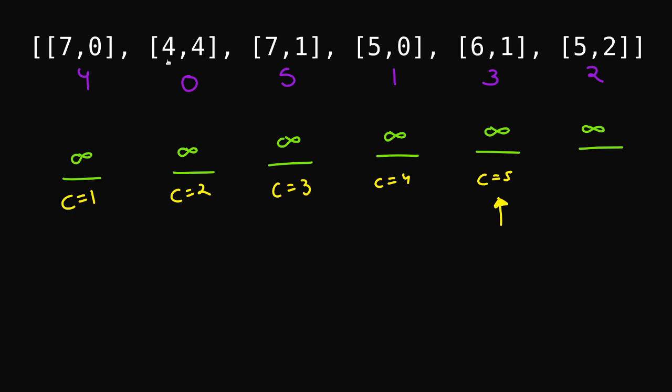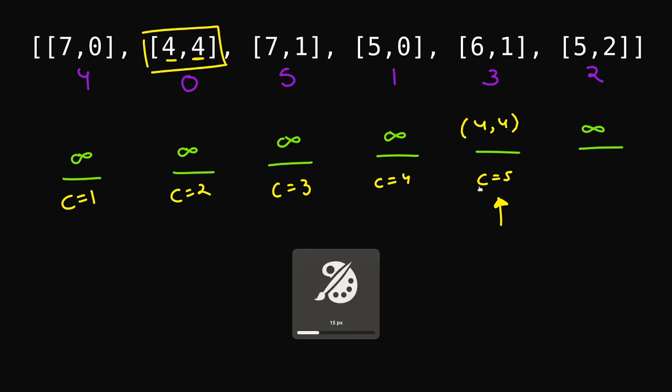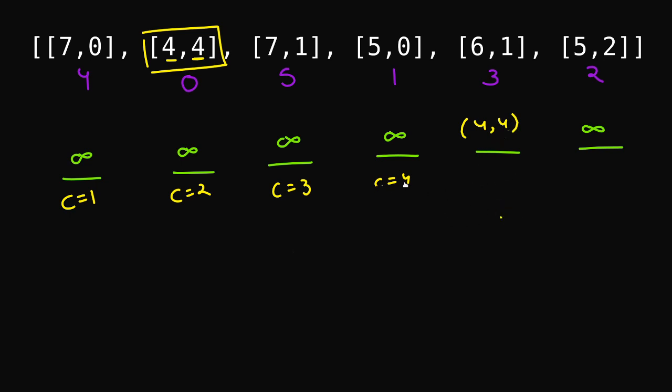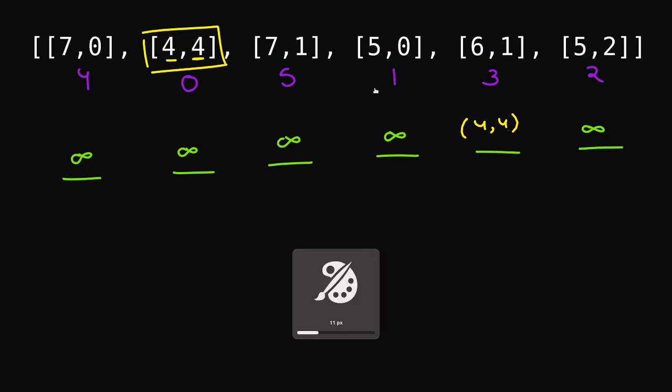Why? Because if this is the pair 4 comma 4, that means that 4 people are standing in front of this 4 who are having the height of greater than 4. That means that this 4 is going to be placed at the fifth position, and this is what our fifth position is. So I'll just place that 4 comma 4 here, and we are done. So this is what you can do to all the elements. But remember, you have to process all these inputs in the sorted array. So I'll just do the others quickly for now.